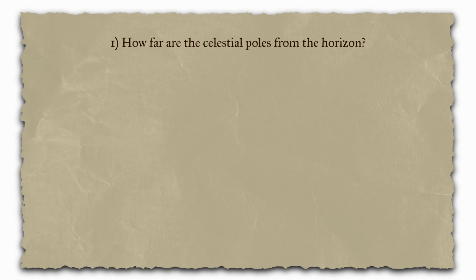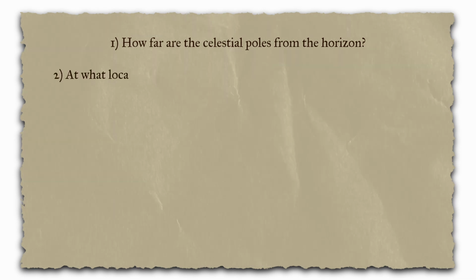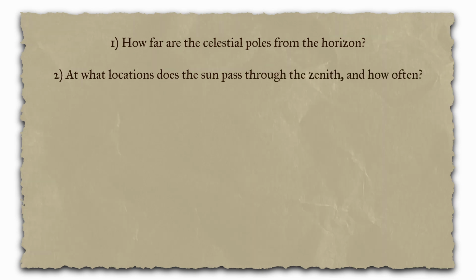Turning back towards astronomy, Ptolemy proposes 7 points which might be considered most appropriate to study. The first will be how far the celestial poles are from the horizons at various locations, which is effectively asking the same question as the distance of the zenith, the point straight up in the sky from your location, is from the celestial equator as measured along the meridian. Second, he asks, for what regions is the sun able to pass through the zenith, as well as when and